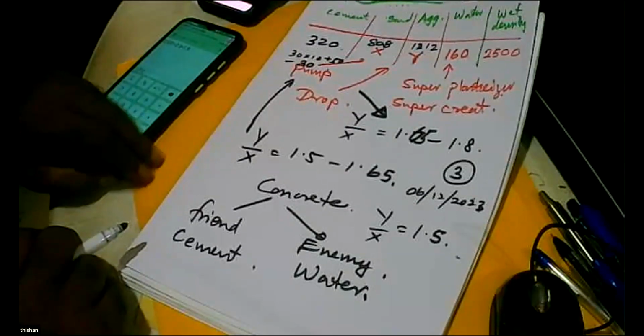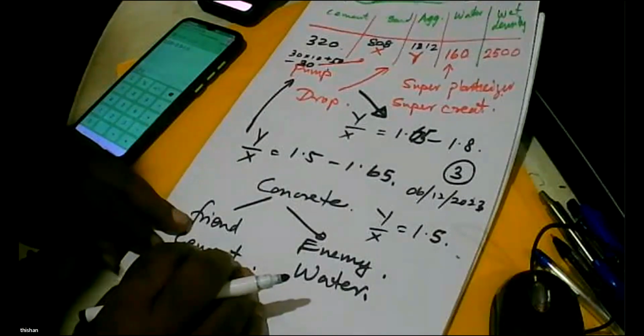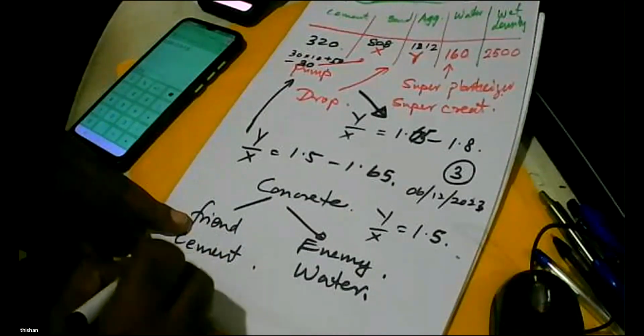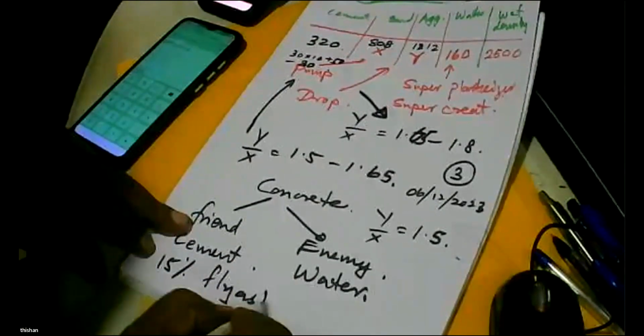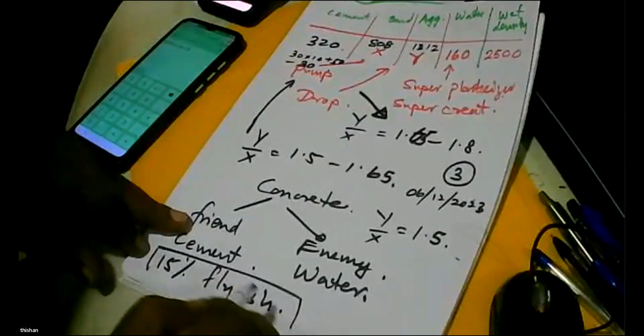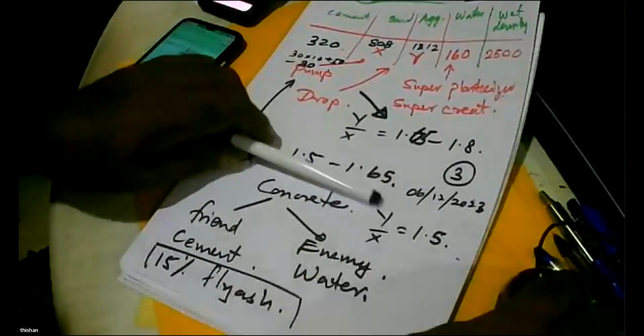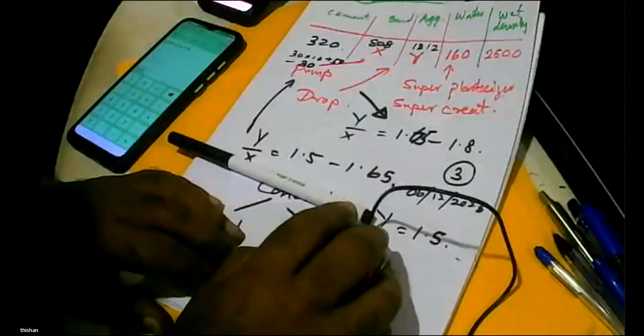Correct. Now you might say, okay, now I'd like some fly ash in it. I'd like 15% fly ash. What is the reason? You are doing a large concrete pour, and you have looked at